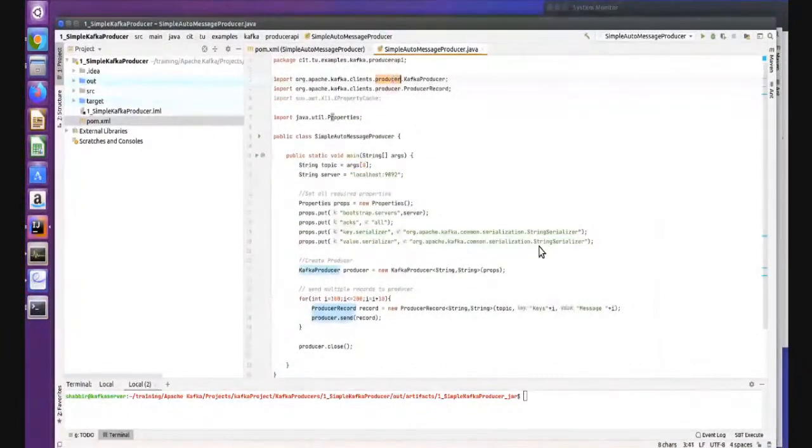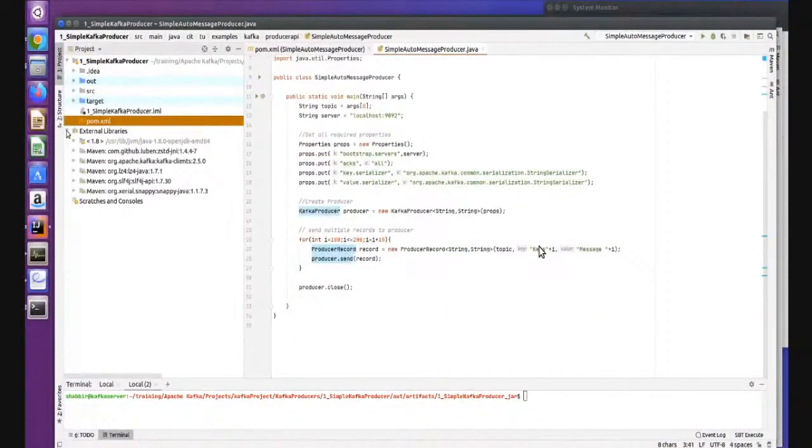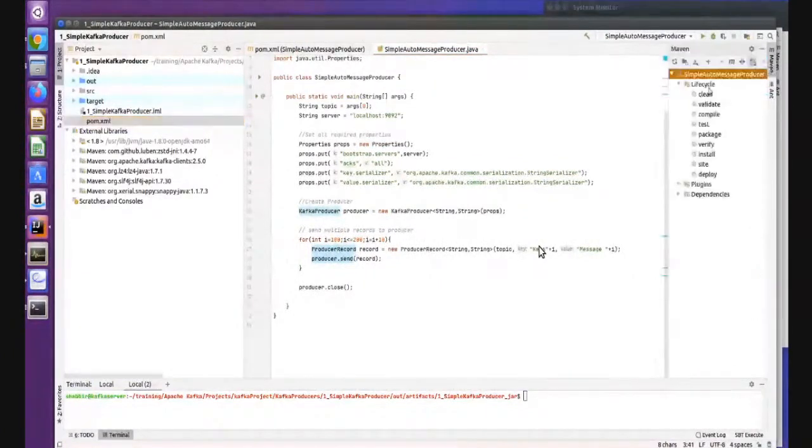I'm using the producer here, right? You can see the Kafka client producer. Before, I was creating the consumer. So this is how to use the producer API. Once you are done with that, because we are using Maven dependencies, we know how easy it is to download all your dependencies. Go to Maven, select clean. Don't forget to do this. After clean, refresh it. Once you are done, all the dependencies will be listed here.